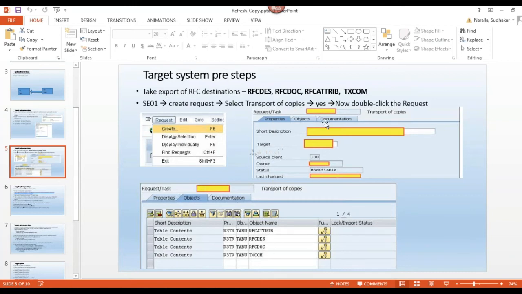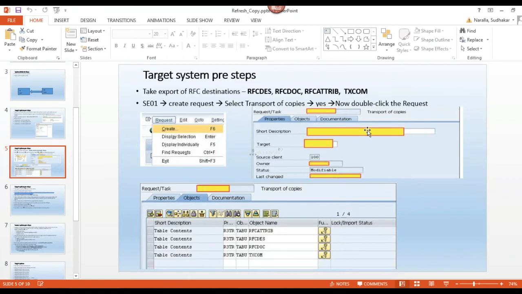You can create a transport request. Under the transport request, whatever client specified tables are there, those tables information also you can provide here. Those table names also you can provide here. So all these client specified tables will be exported into one transport request only.